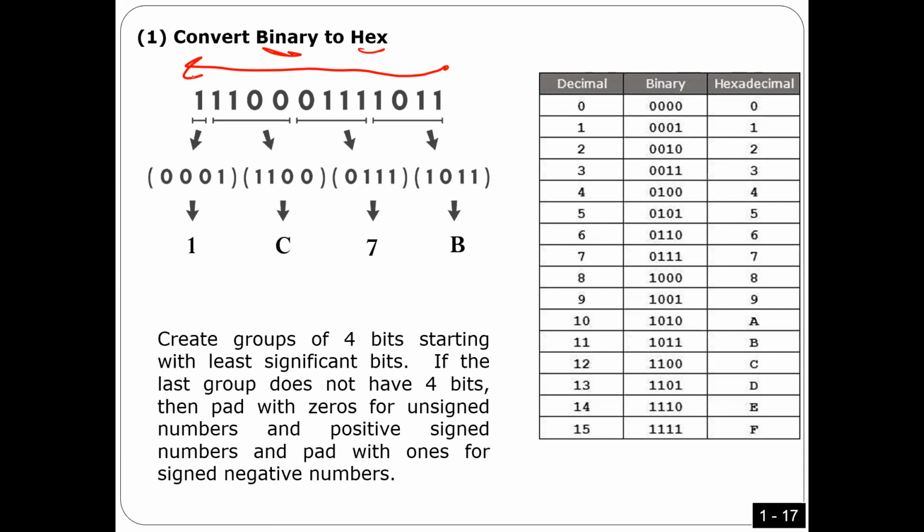And then you have to make groups of 4 digits. 1, 2, 3, 4. This is one group. Now we have 1, 1, so I'm going to add 0, 0 to make another group here. Okay, so now I have 4 groups. And then you have here four